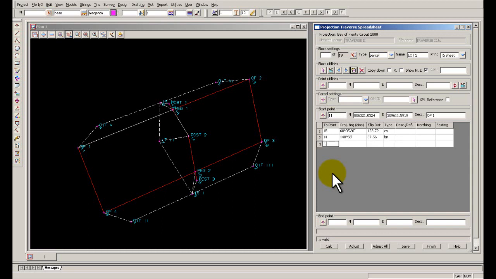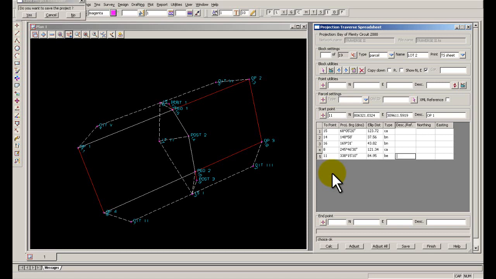Yes, and through to 16, and through to 8, I think it is. Yes, and then from there through to 11 again, and that's